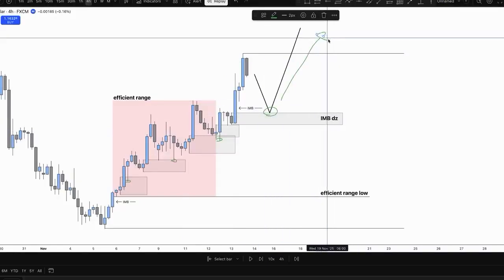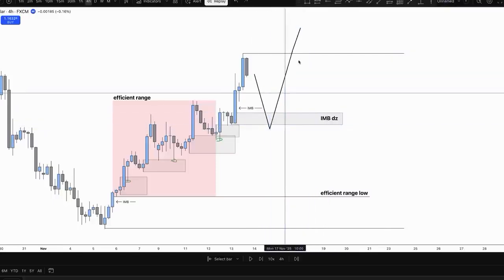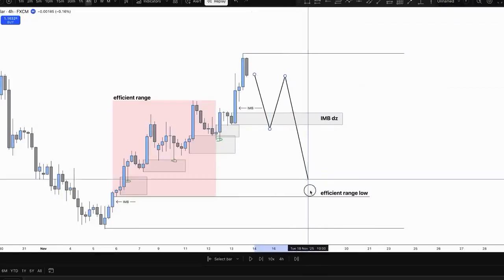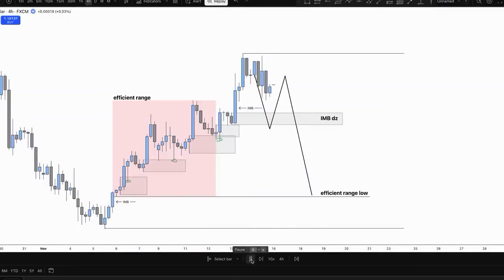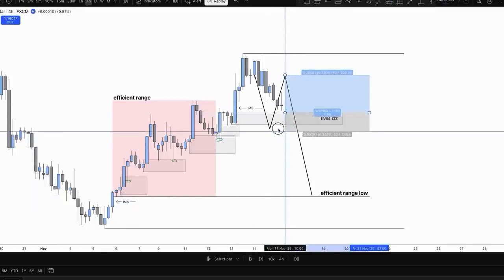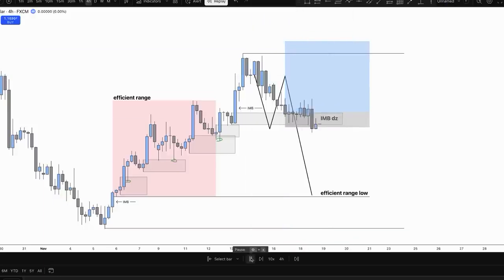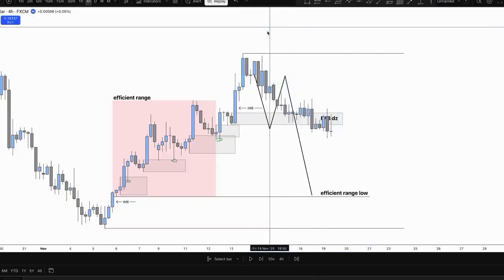But if this was invalidated, which would mean the market breaking through this low and failing the demand, well, that would actually set us up for a new winning trade, because what it would do is open up this efficient range. All right. So what we're going to do now is see how the market goes. We may have, for example, let's take a look, a buy opportunity on here, stop beneath the low, targets to the high. But what we actually see is the market takes that level out. What this does in itself, though, is create a new